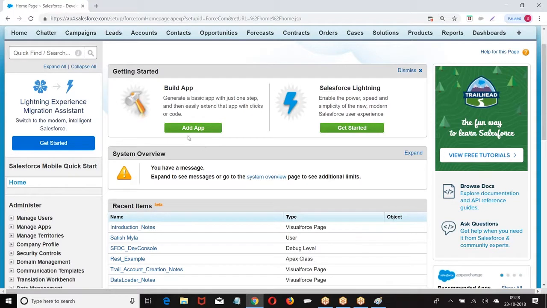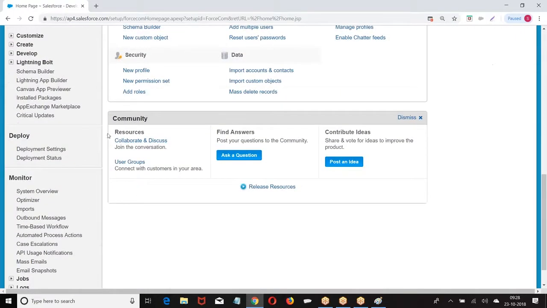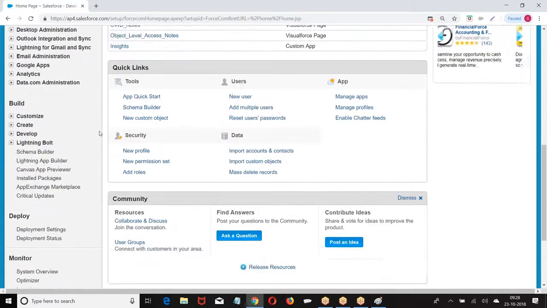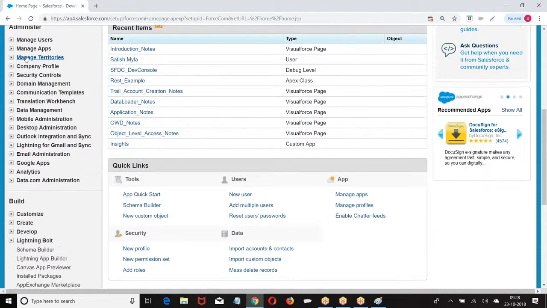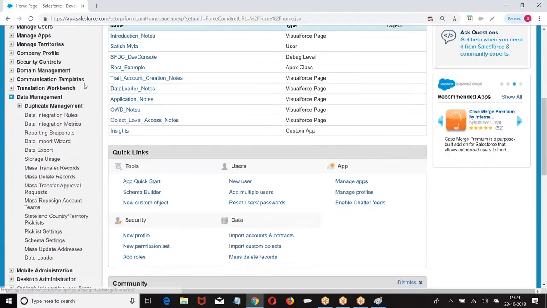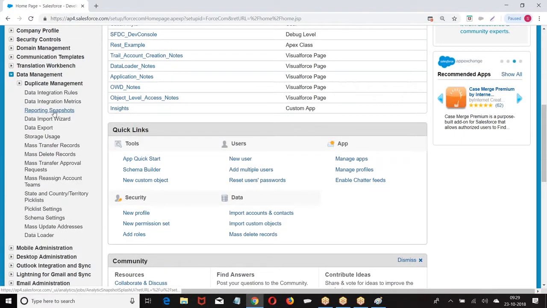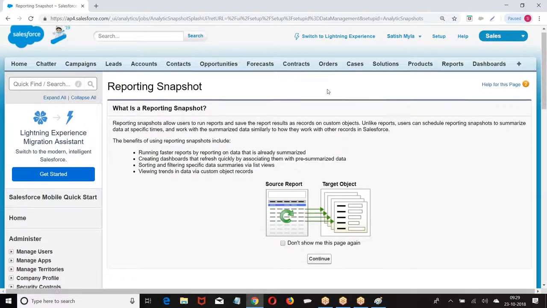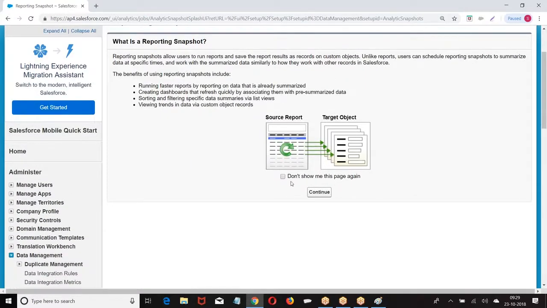Okay. Now, let us come back to this. How are we doing it? Setup, administer, data management. What do we have? Reporting. Now, new reporting snapshot.